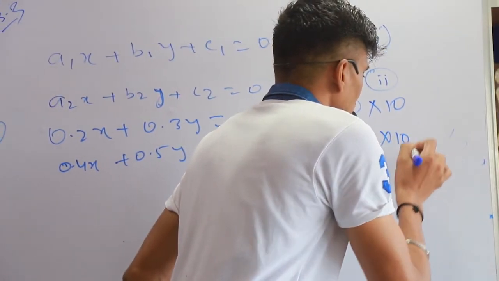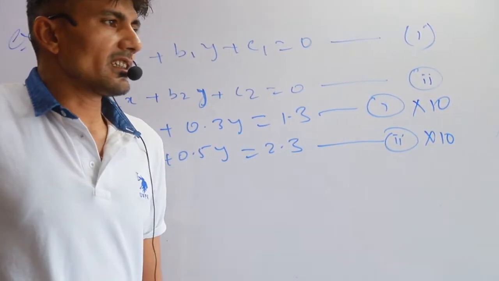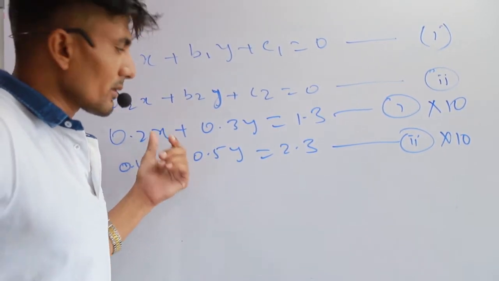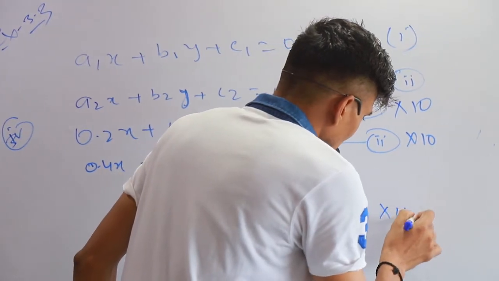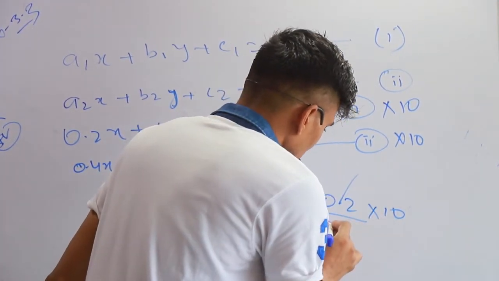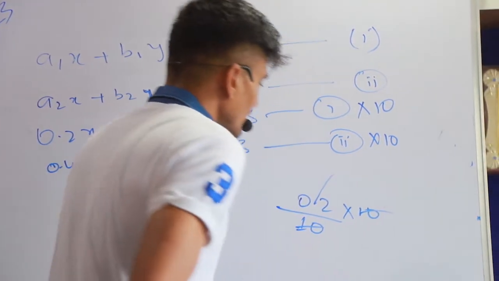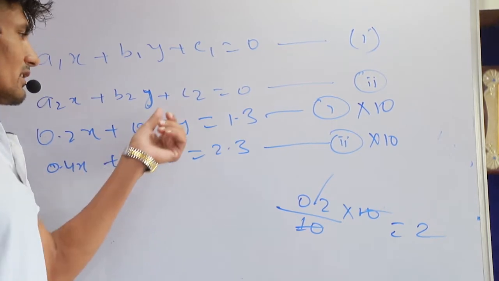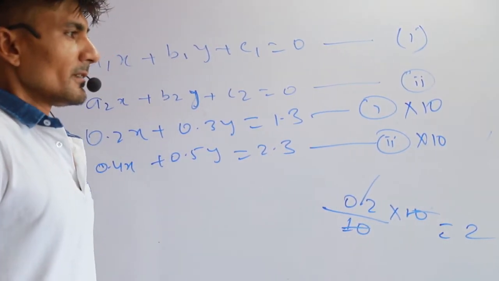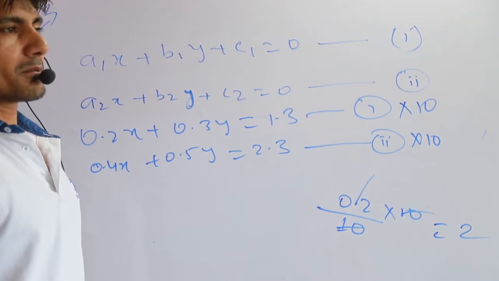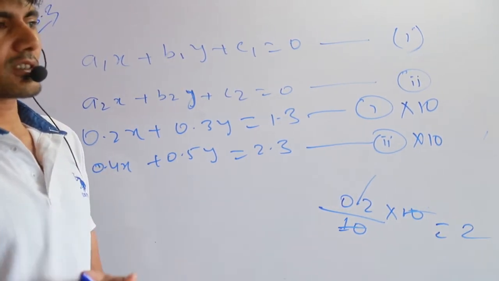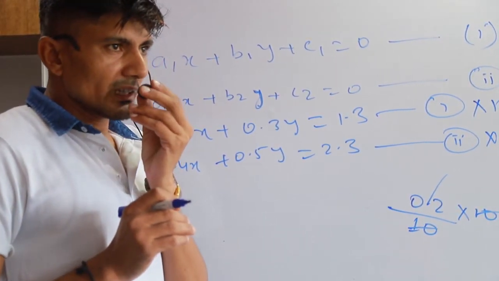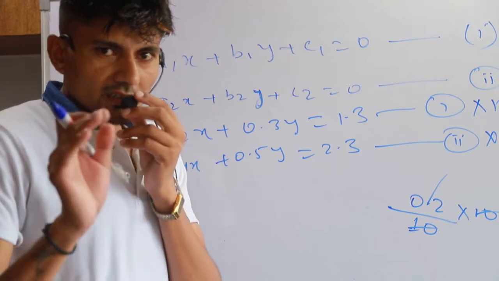If you multiply equation 1 and equation 2 with the 10, that means you will get the real number. That means you will get 2 here, because 0.2 multiply 10, that means what? Here after decimal 1 0, that means 10 cancel. What will be? We have only 2. So to erase the decimal we have to multiply both equations with the 10. If you multiply, divide, add or subtract the same number, that means there is no impact, no difference in the equation.